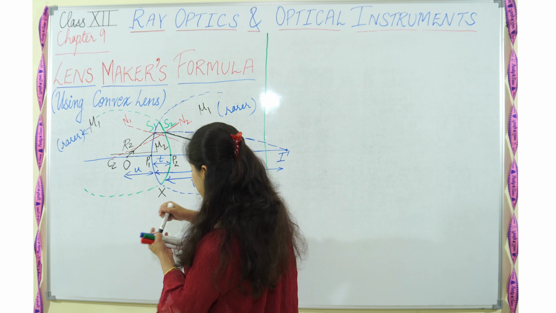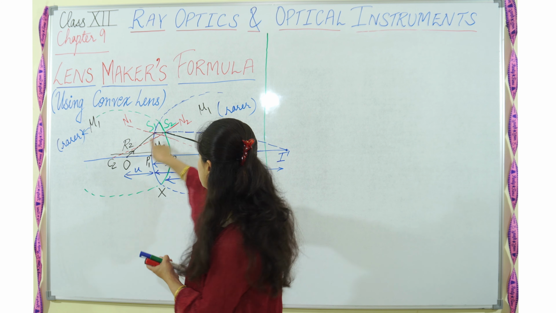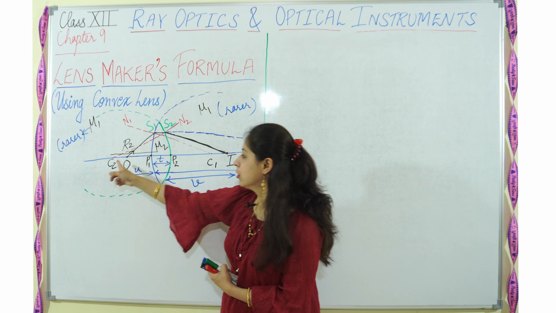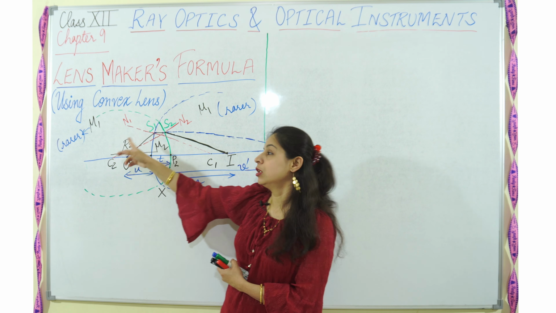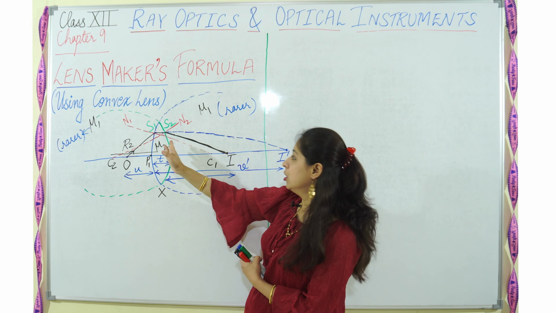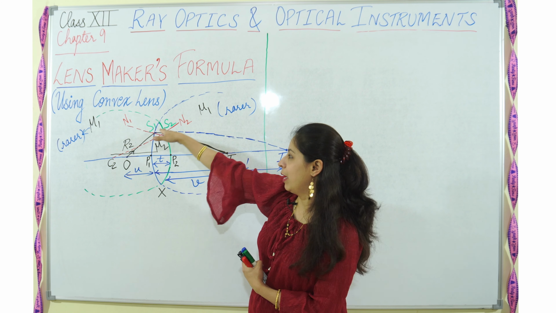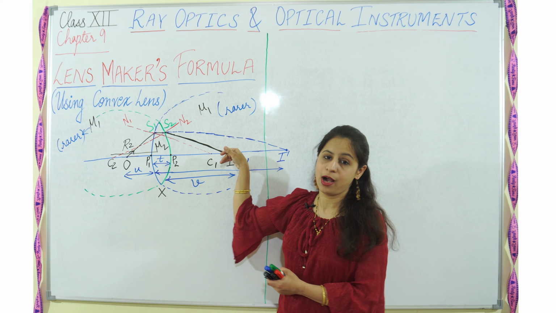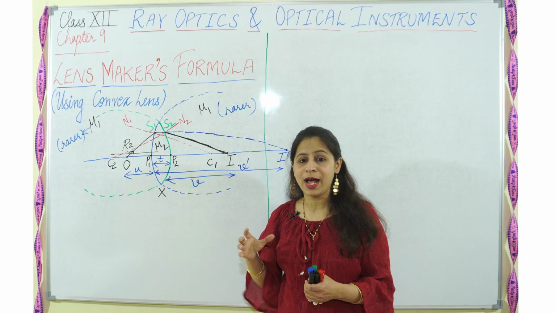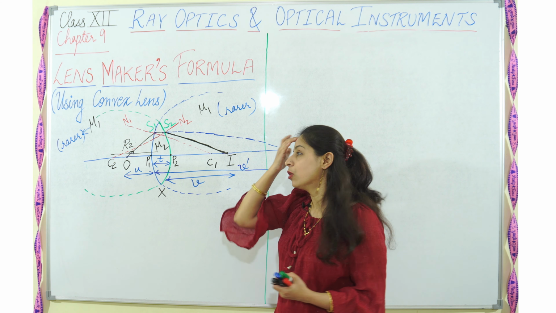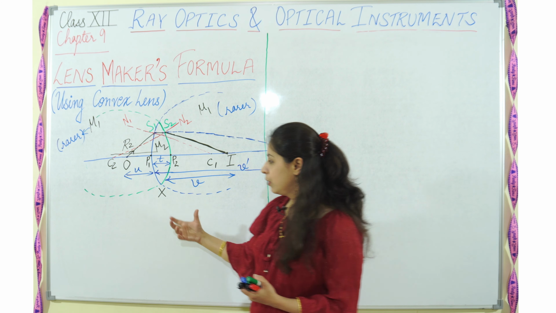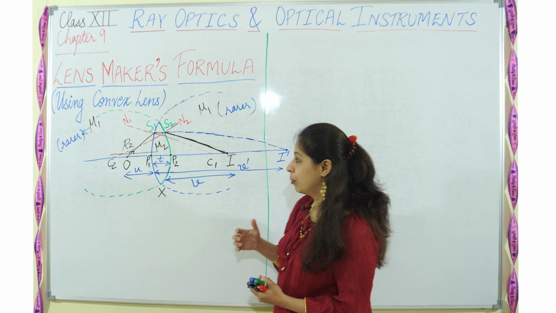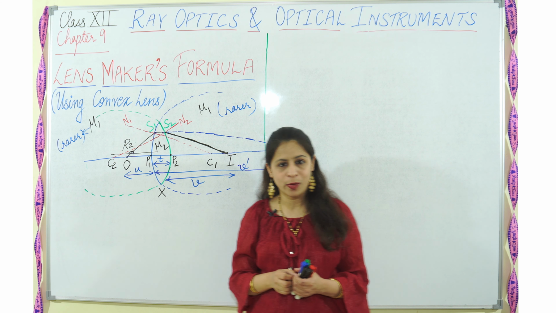We can clearly see my normal is going up over here. My normal is the straight line which is being joined through the center of curvature C2 for the second surface, N2. The normal is here, so it is going straight away over there, and my ray is traveling away from the normal, and my image is being formed at I. So this was all about the refraction, how it was taking place in a convex lens. But we are going here to derive the lens maker's formula. So for the lens maker's formula, we need to write the refraction equations.